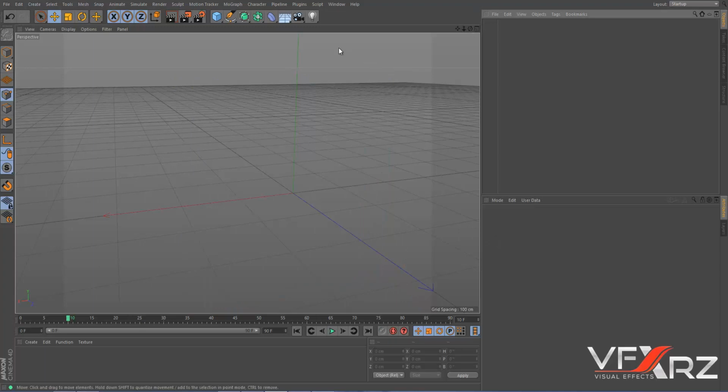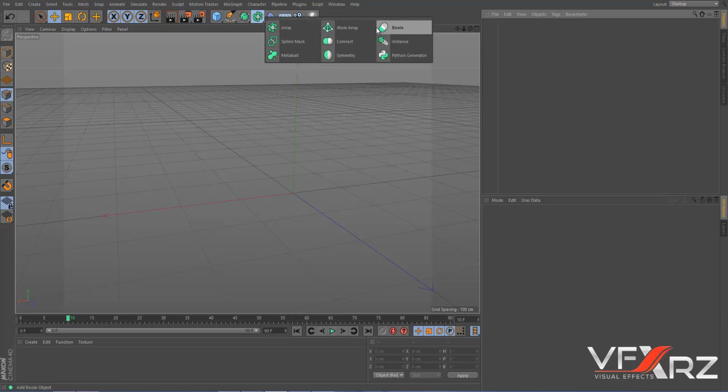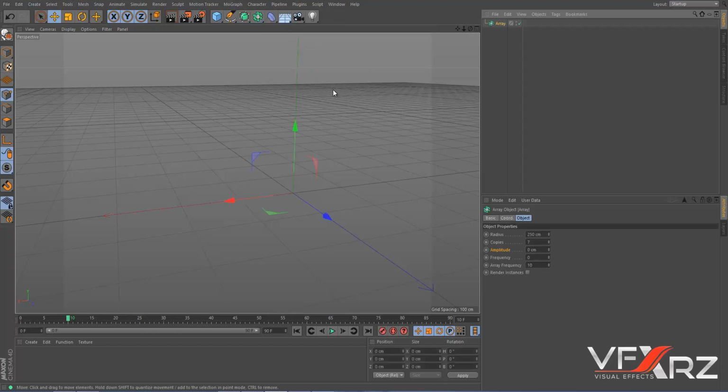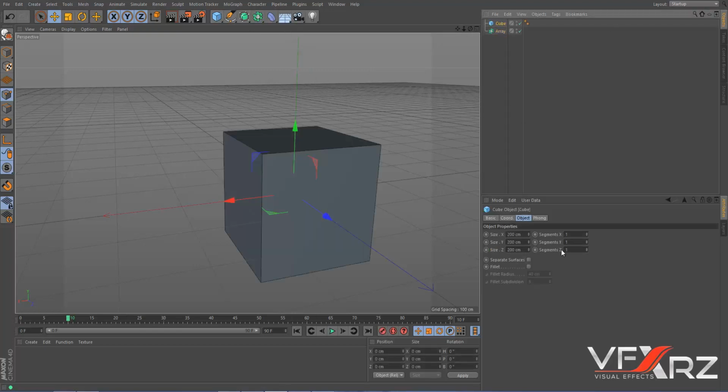Okay, delete this object, and I wanna show you what these options are: array, atom array, bool, and other things. Okay, first is array. If you click this array and then create object, for example this object,